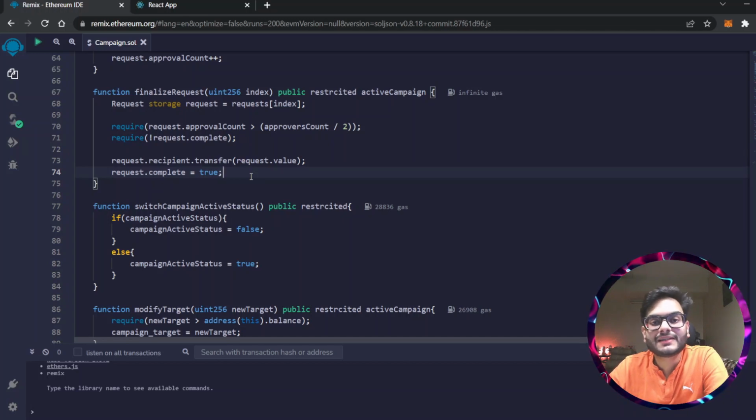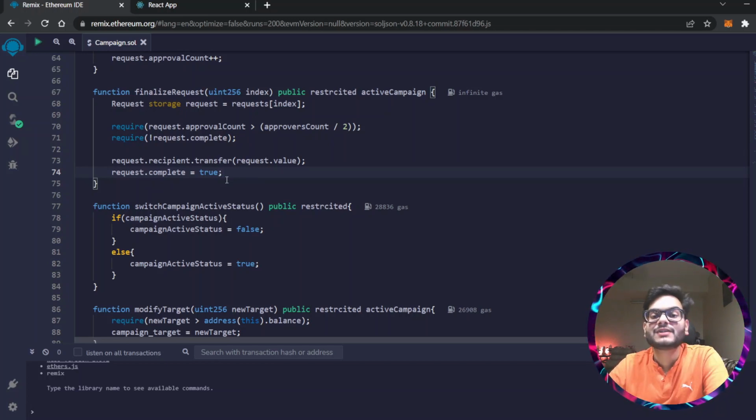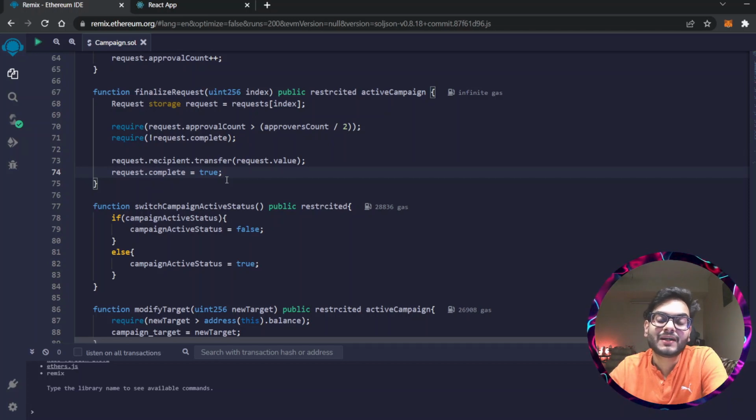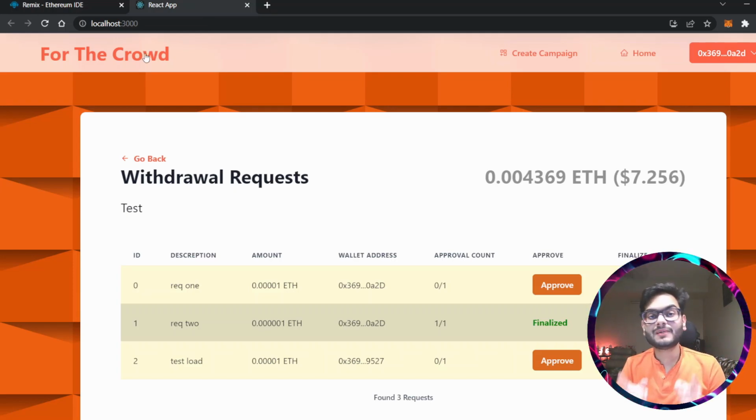And once the transaction is completed, we are going to set this request as completed. So we are going to set request.complete equals true. Alright, so now this wraps up our final functionality, that is finalize request. Now we have covered all the functionality that is needed for you to build your own